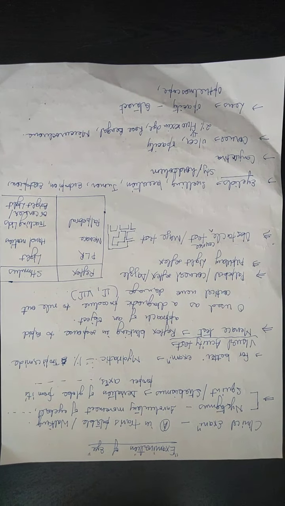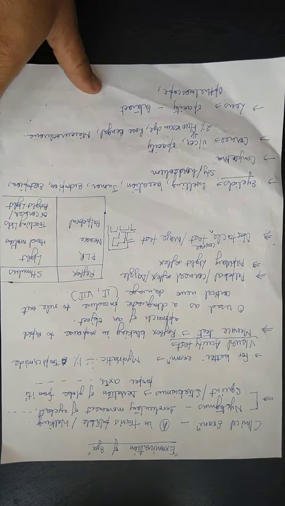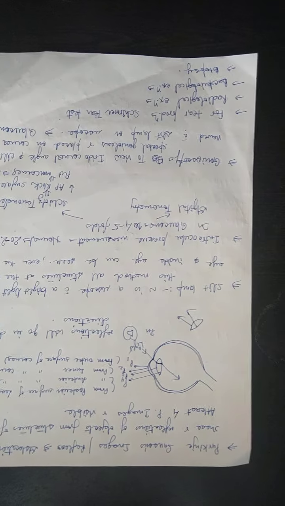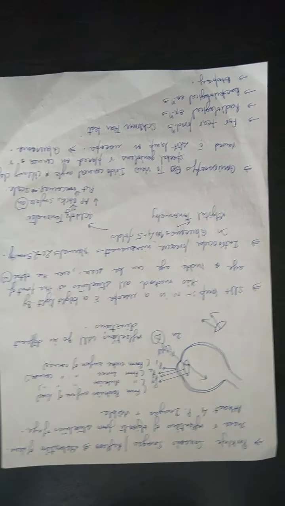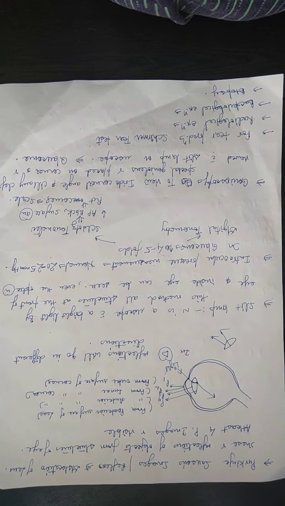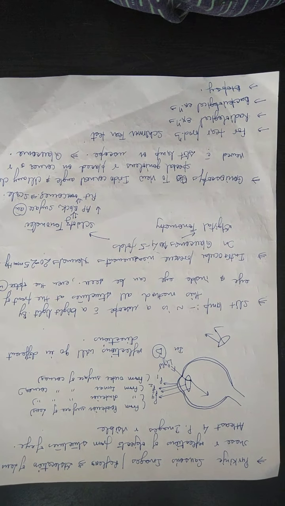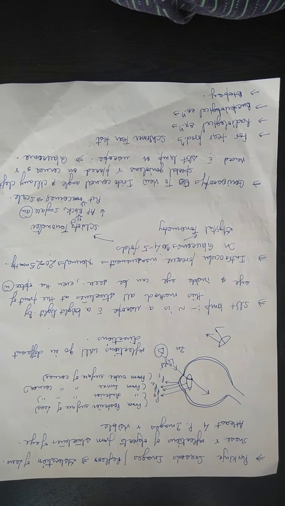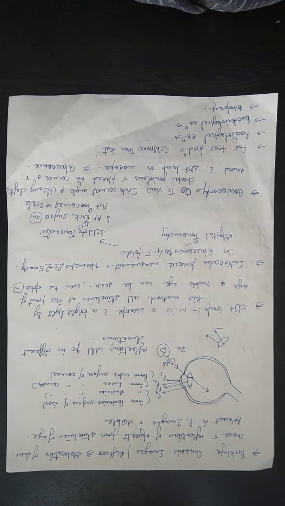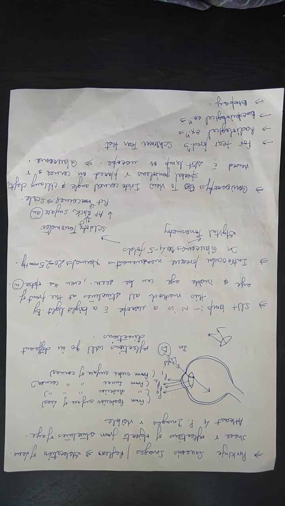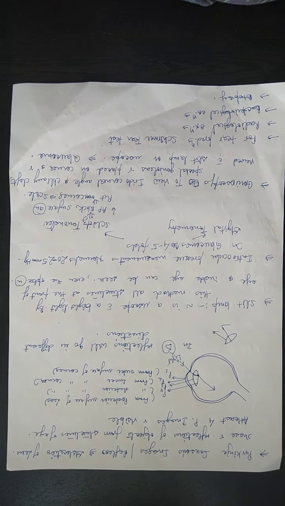We can use the ophthalmoscope, that is direct or indirect. There are some techniques or tools we use to examine the lens and the other structures of the eye. That is the Purkinje-Sanson images or reflexes. It is used in the detection of dislocation of the lens. Here we can see the reflections that come from the different structures of the eye, and at least 4 images we can see: P1, P2, P3 and P4.